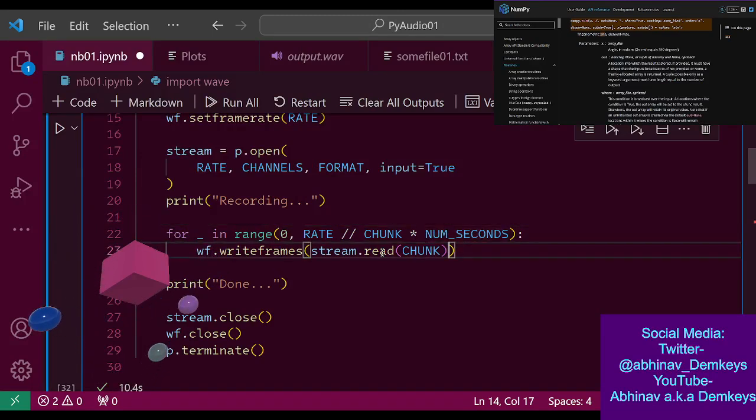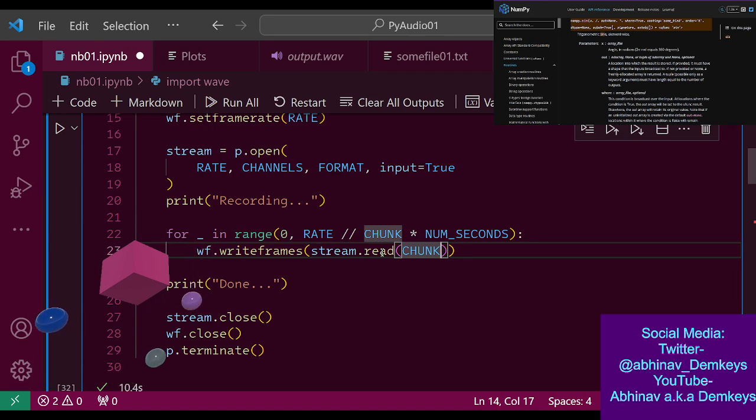I wasn't able to figure out why I would need to go with a smaller chunk as opposed to a bigger chunk. If the sample rate is 44,100, the audio clip is going to contain 44,100 samples in 1 second, right?